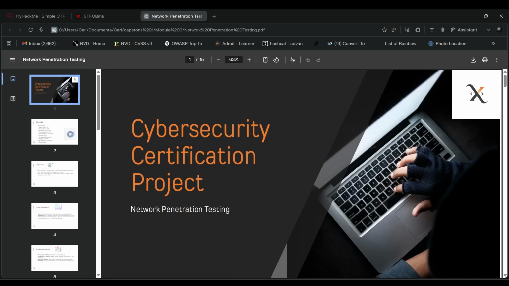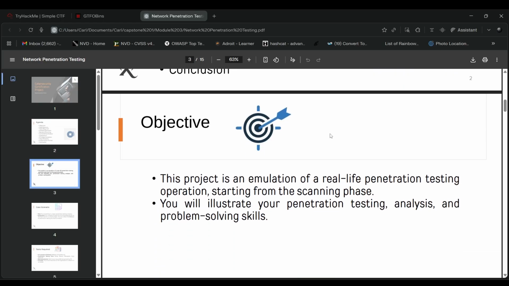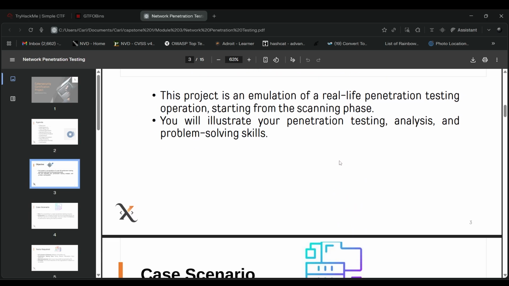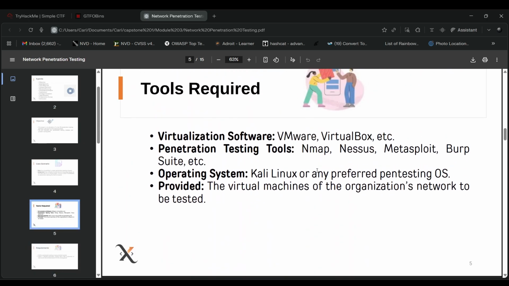All right, so we're gonna start this tutorial. It's about the network penetration testing for module 3. And bear with me if I can't really explain everything on this project because we're all still newbies for this. So I'm not gonna read all throughout the PDF that they sent, but we're just gonna